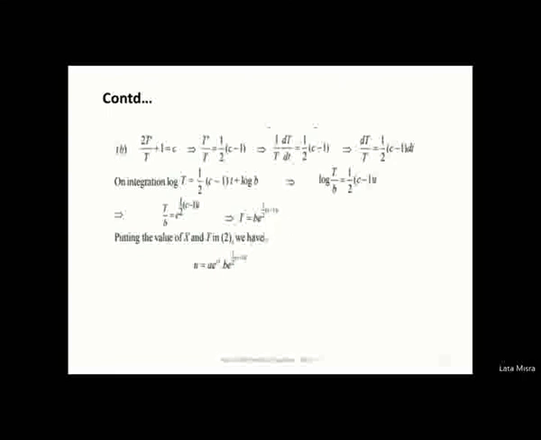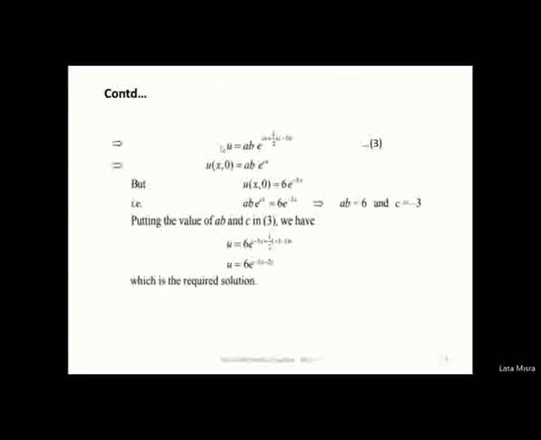So now we have both X and T values. So just use these X and T in u equals XT. When we use u equals XT, we get u equal to a e raised to cx into b e raised to 1/(2c minus 1) into t. So this is our solution, but here we have a condition also. Here we have u equals ab e raised to cx plus 1/(2c minus 1) t.